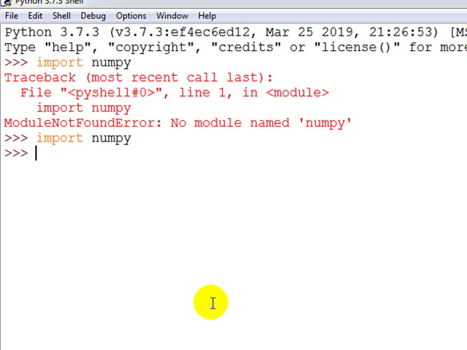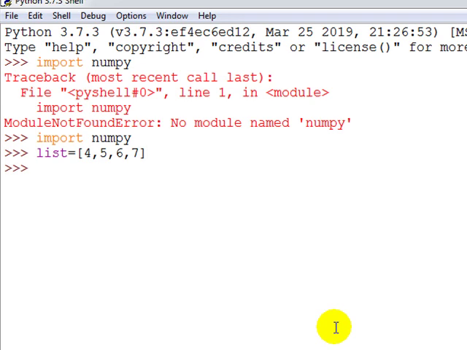We will begin from the very beginning, that is with a single dimensional array. To create a single dimensional array, first I will create a list. For example, I am creating a list equal to 4 5 6 7 like this and enter.